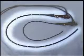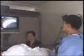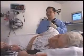Colonoscopy uses a longer tube to take a look at the entire colon. While some family doctors and internists perform colonoscopy, the test is more often done by a gastroenterologist or a surgeon in an operating room or a procedure room rather than in your doctor's office. You'll probably be given medications to help you relax and maybe even go to sleep and wake up after the